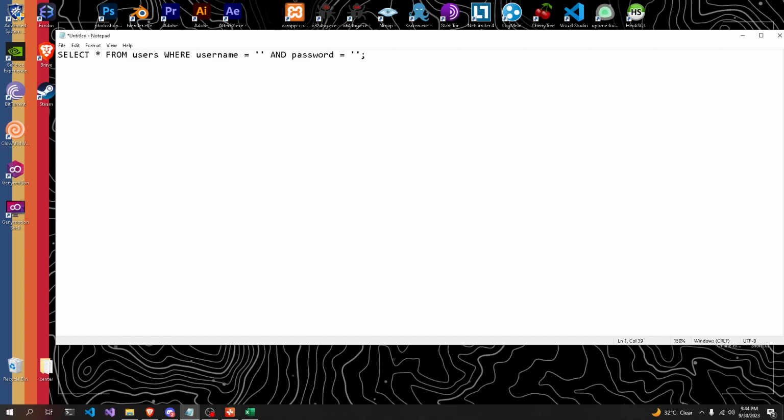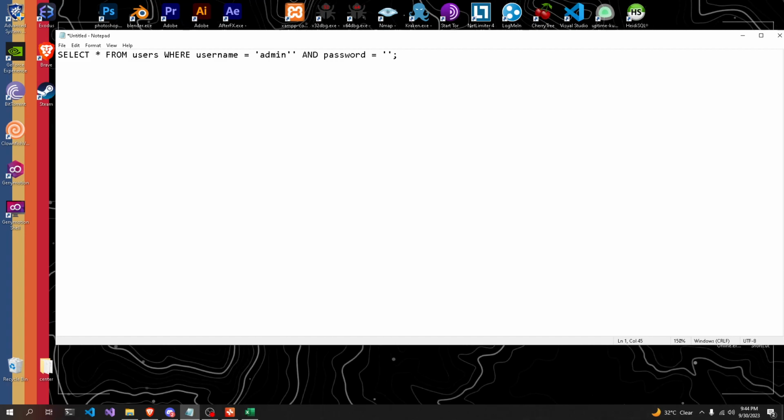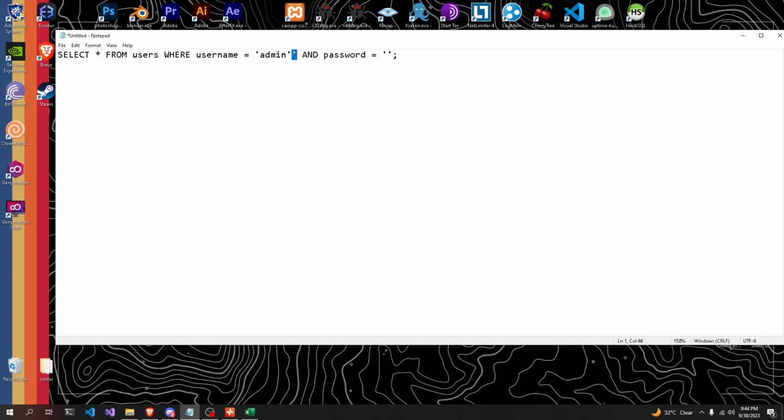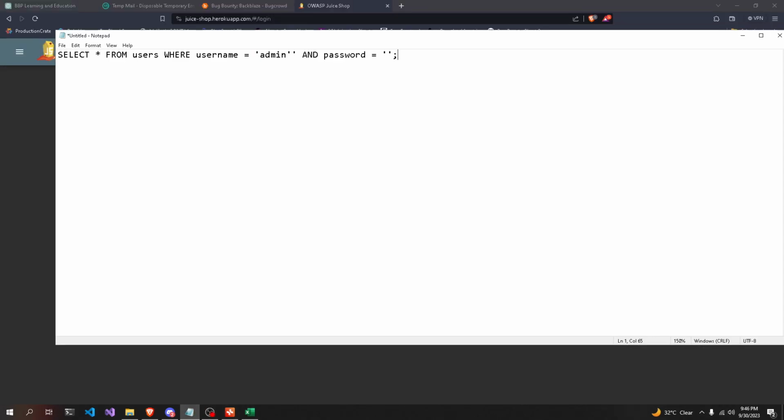So let's say we did admin in here, and we closed that off. So that's the complete input field now. But now we have a problem. We have a random quote in here which is going to trigger an error. Now, what we can do to bypass that is we can do a comment. So this in SQL is a comment, and it removes whatever is beyond that and just nulls it out. It just ignores it. So the query from this point on is select every column from the table users, where the username is equal to admin. So if there is a user admin, it's going to log in as admin.